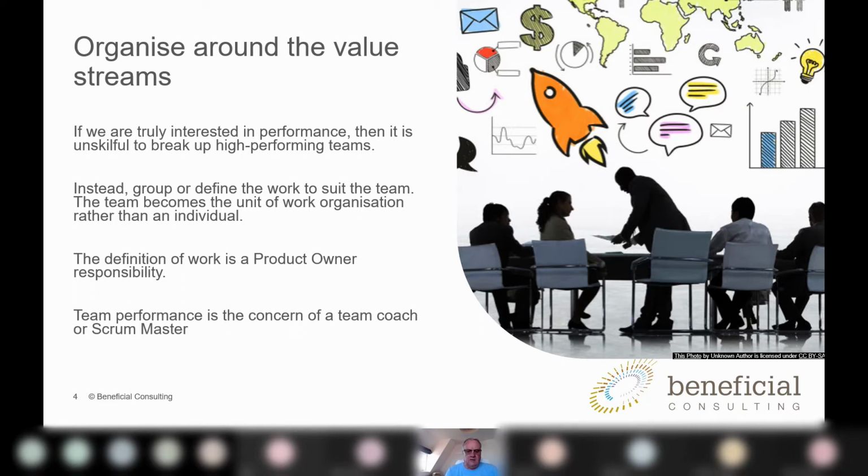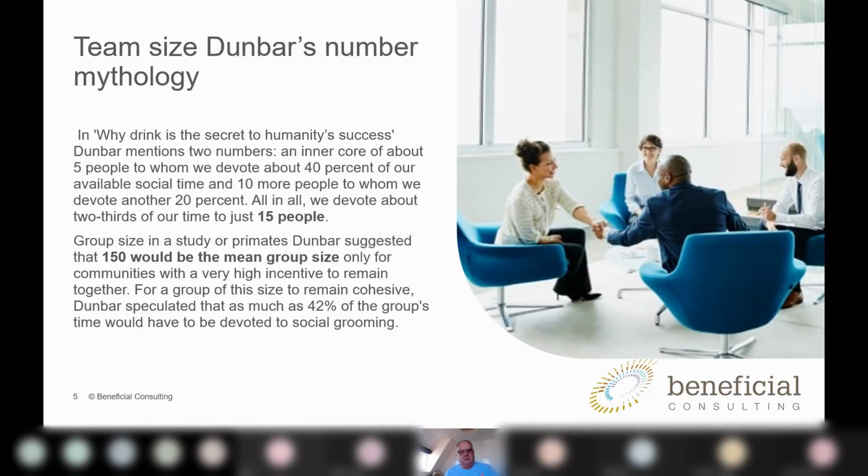The other thing I found when I dug into the real pith of the research is that there's a lot of mythology around Dunbar's number. You hear the guys in SAFe saying SAFe is designed for teams of between 50 and 125 people because of Dunbar's number. And you hear that Scrum teams are limited to 7 plus or minus 2, or now less than 10, because of Dunbar's number. I've actually gone back into what Dunbar wrote, and in fact Dunbar is talking about social